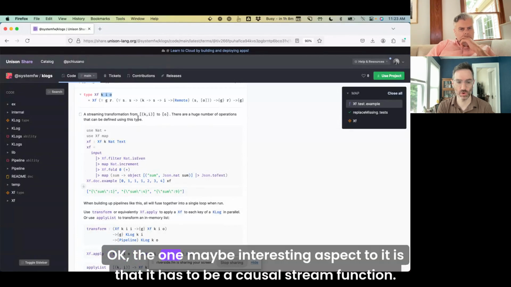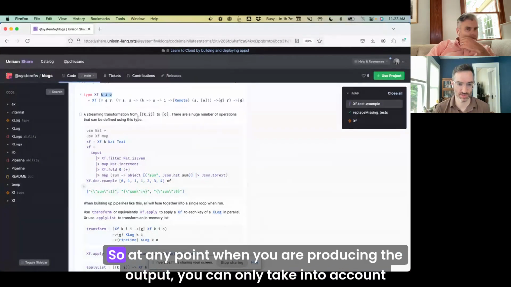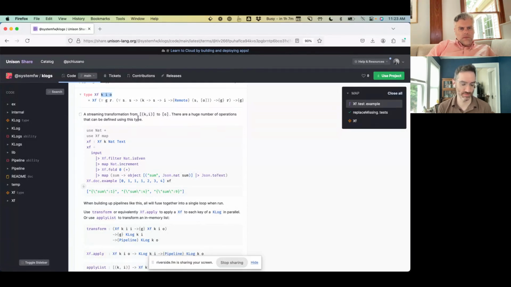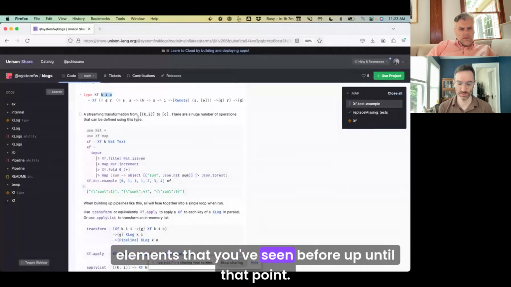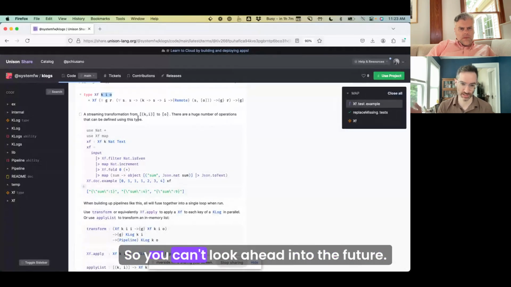The one maybe interesting aspect to it is that it has to be a causal stream function. So at any point when you are producing the output, you can only take into account elements that you've seen before up until that point. So you can't look ahead into the future.